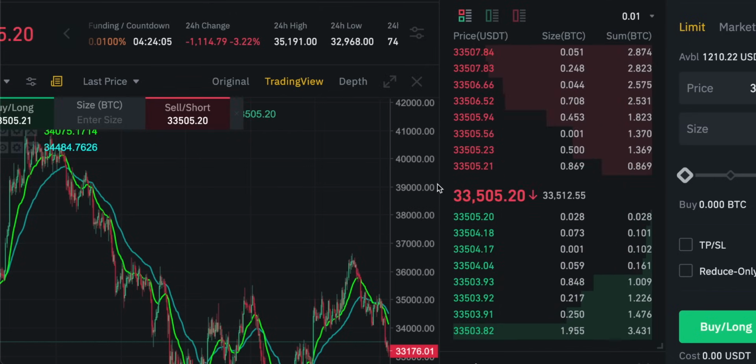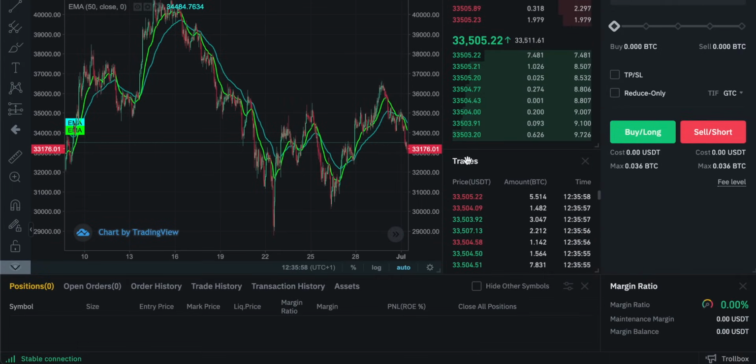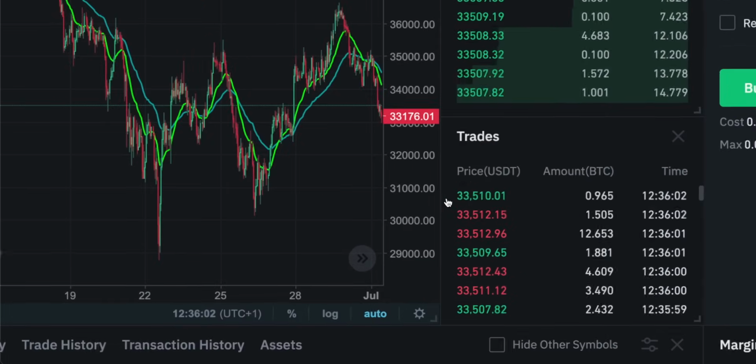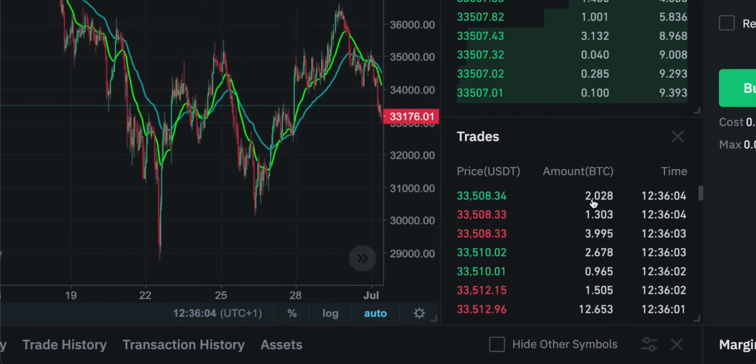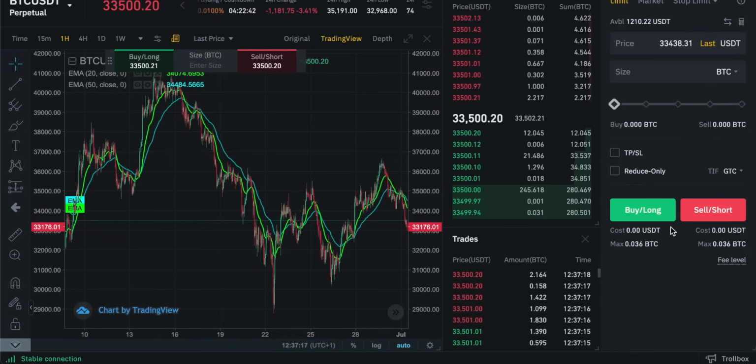I'll go through all of these orders and order types later on in the video, so it will become clearer then. Right down here, you can see trades. These are the actual trades that are going on and that have gone through. We can see the price, the amount, and the time that they all went through. If you have any open orders on the system, and we'll go through putting those in, they will be right down here. So you can see your positions, the symbol, obviously the currency pair that you're trading, the size of your position, and all the latest prices as well, including your profit and loss,